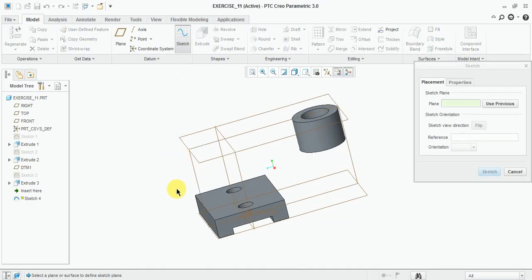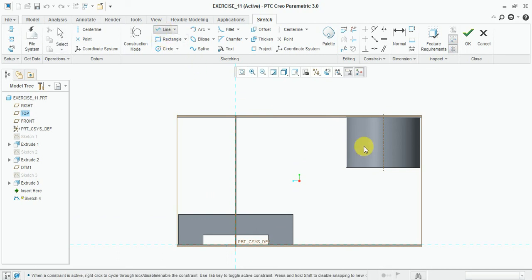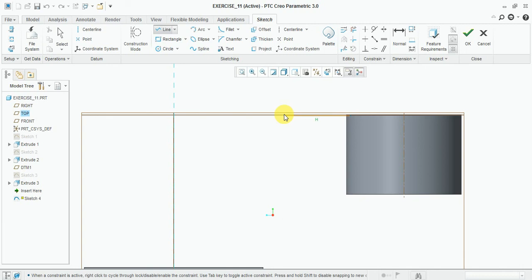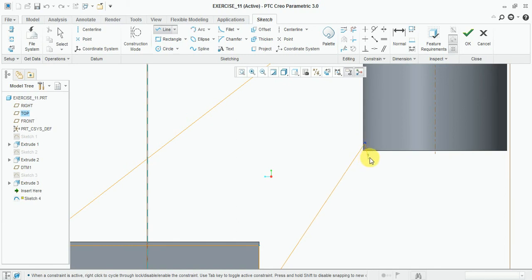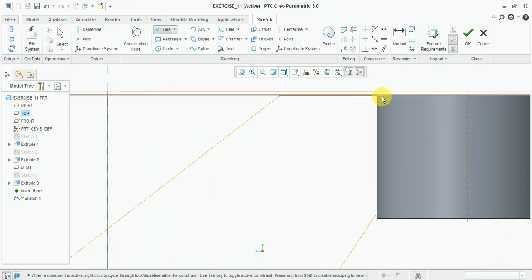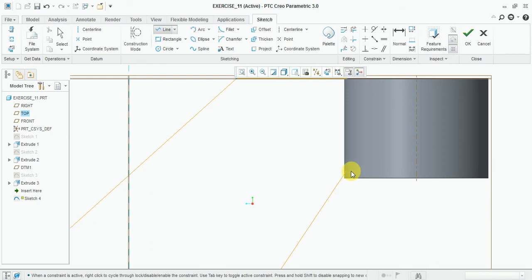Sketch, select this outline. Connect both ends.